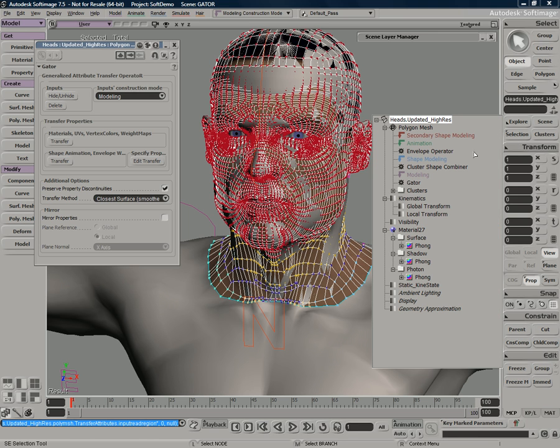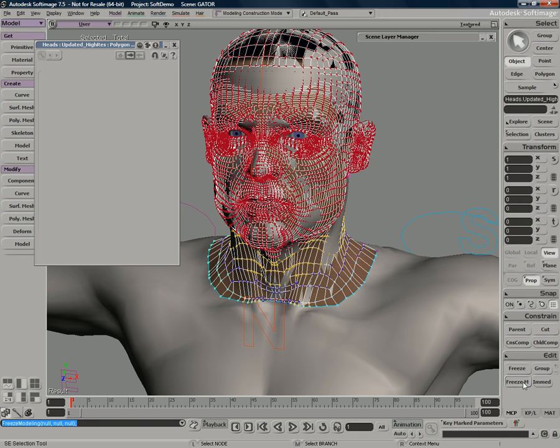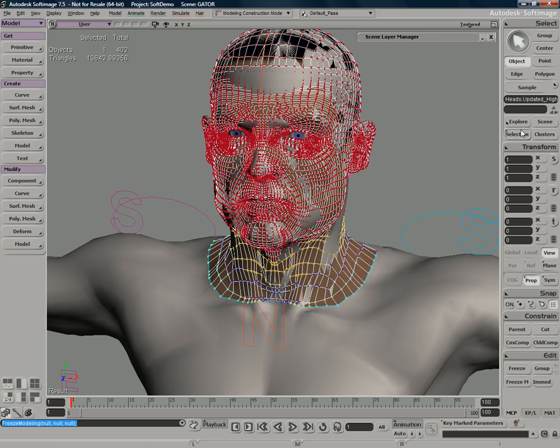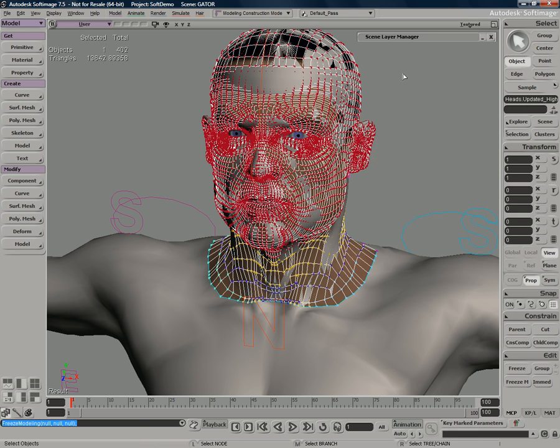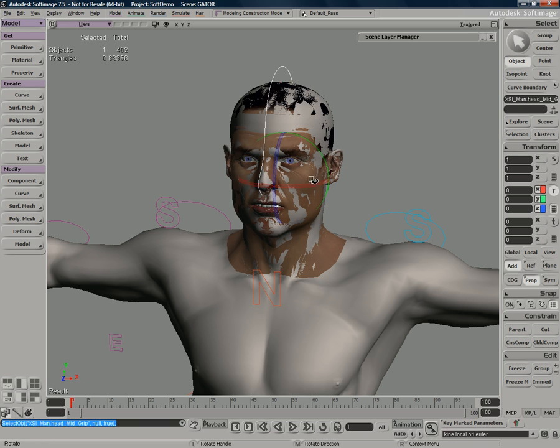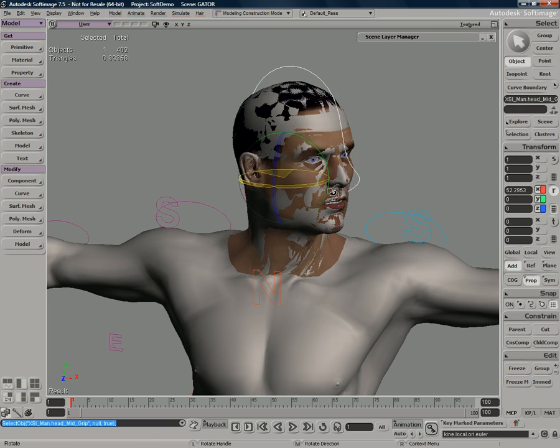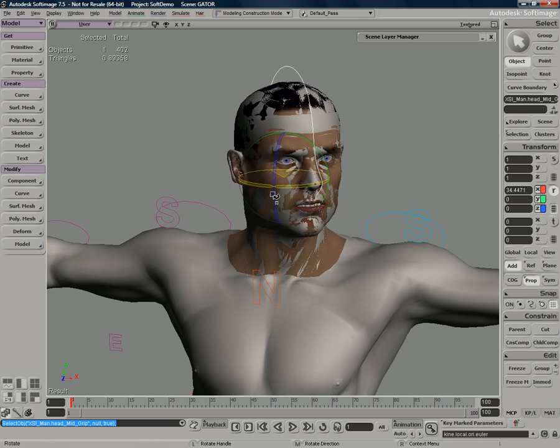So this time, to sever the Gator relationship, I'll just press Freeze Modeling with the head selected, and only the head selected. So press Freeze Modeling, and there we go. You'll see the property page disappeared. That essentially tells you that the operation and the operator has been removed. You can see it's no longer in my construction history. And now if I select this controller and move the object, you can see that both of these are now moving.